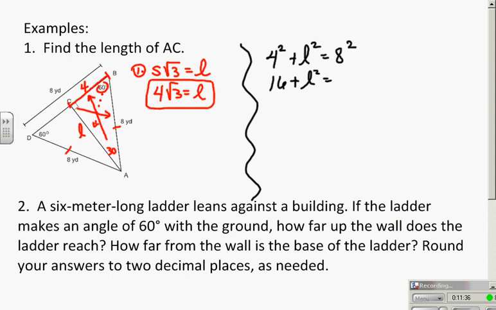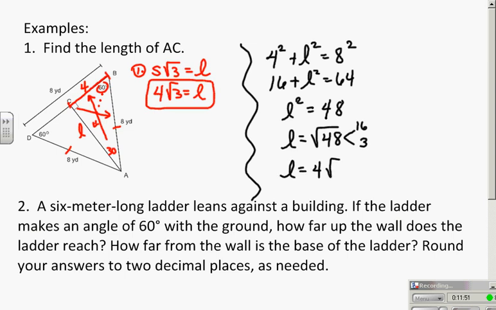If you think that my new shortcuts aren't that good of a deal and you went ahead and did 4 squared plus L squared equals 8 squared and said 16 plus L squared is 64 and L squared is equal to 48 when you subtract 16 from both sides, L is equal to the square root of 48, which is 16 times 3, and so L is 4 radical 3. It's pretty clear